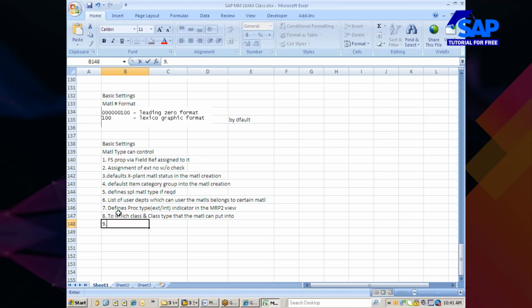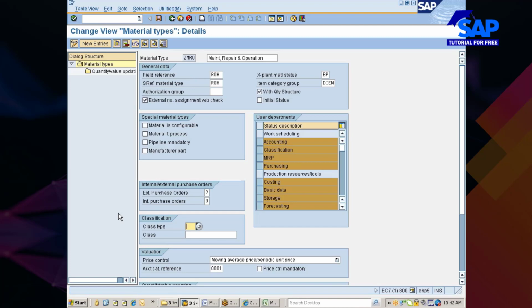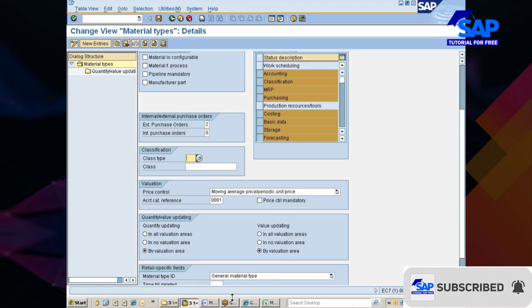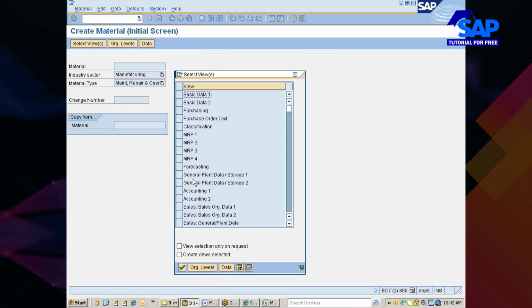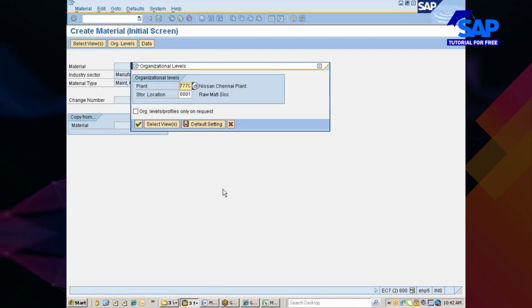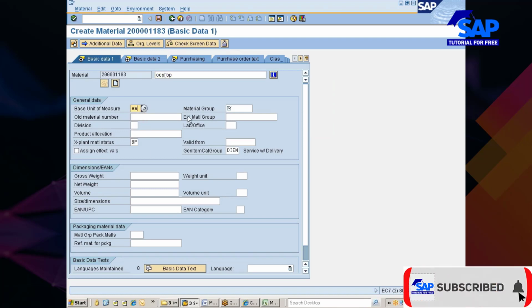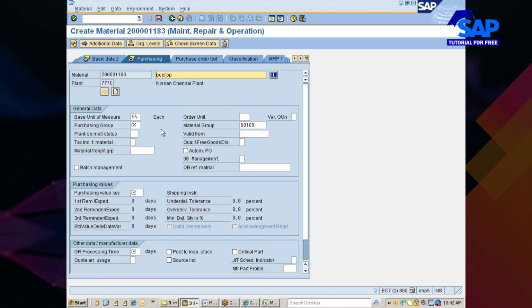Right? Then there is something called the price control indicator. You see here, price control indicator. When you go and create a material master, something like this, I select it, I enter something here, something here.